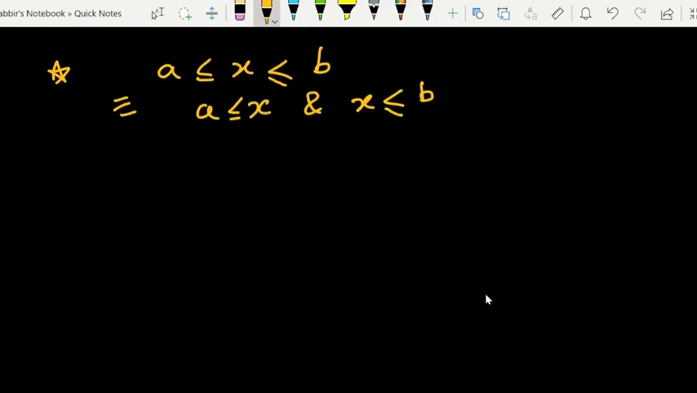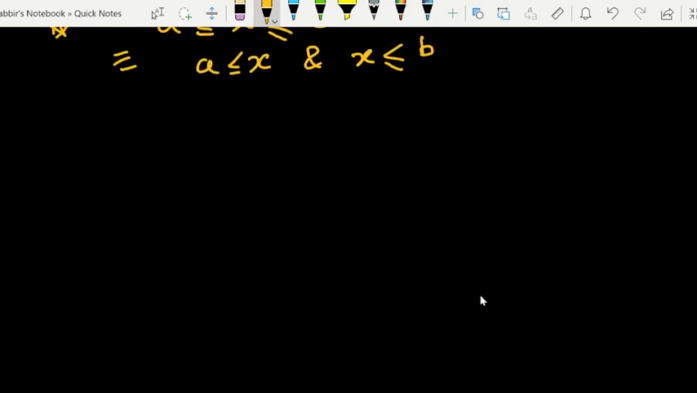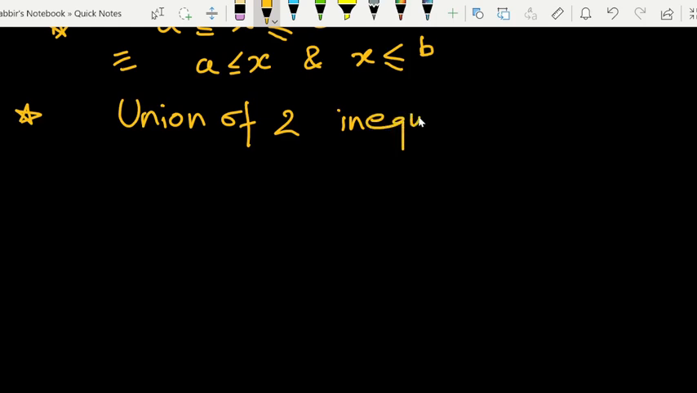So guys, now as I said, we have seen intersection of two sets. Similar to that, there exist union of two sets. So union of two inequalities, where it is used and why we are doing this, because in some questions, like for example x minus 1